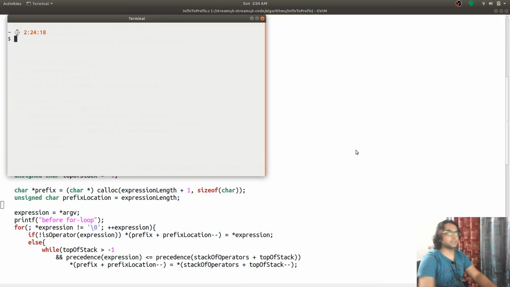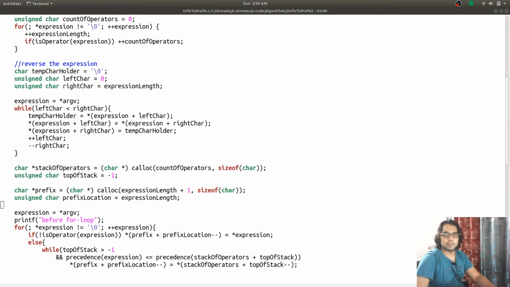Let me open a different terminal and check how to debug it.